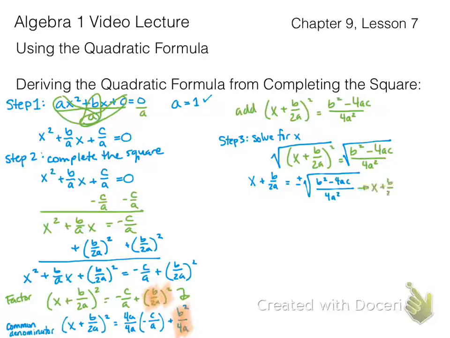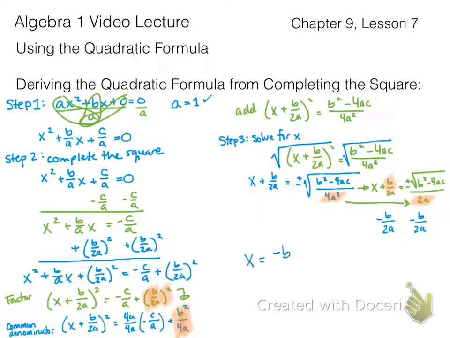All right, so there we go, and I'm going to end up with this, and then I can subtract b over 2a. Oh, notice how I got from here to here, because the square root of 4a squared is 2a. Okay, and then I can subtract b over 2a on both sides to get rid of that,